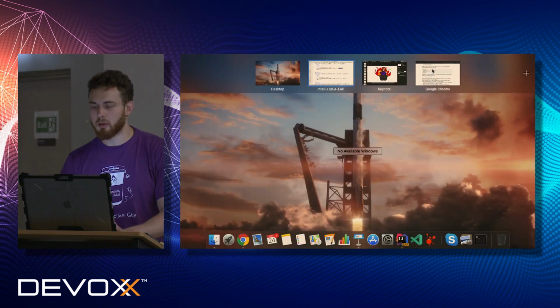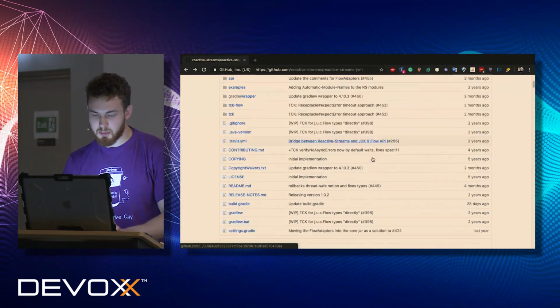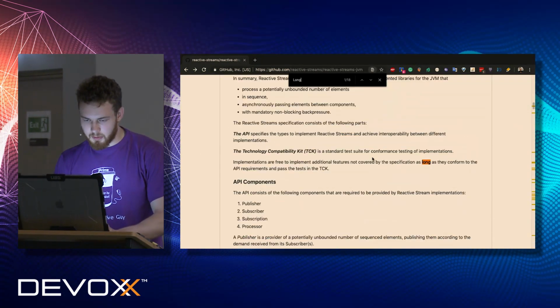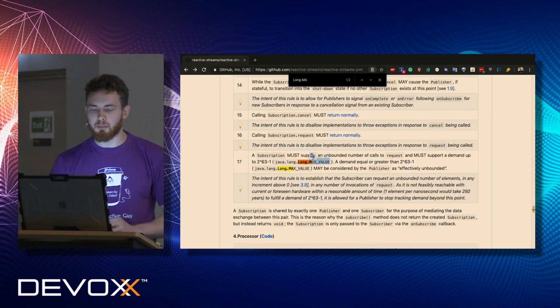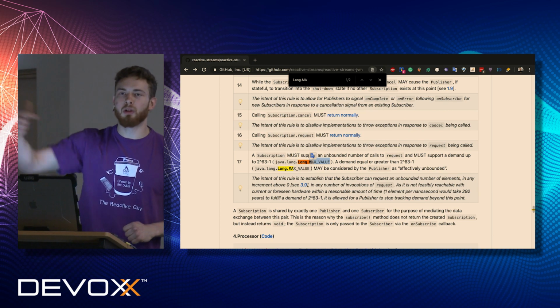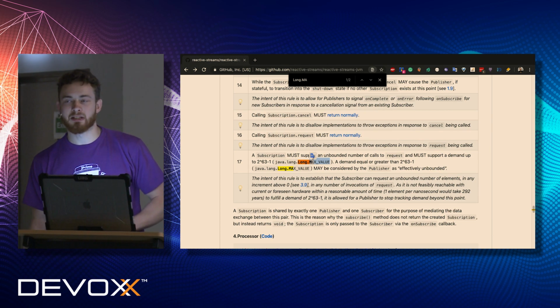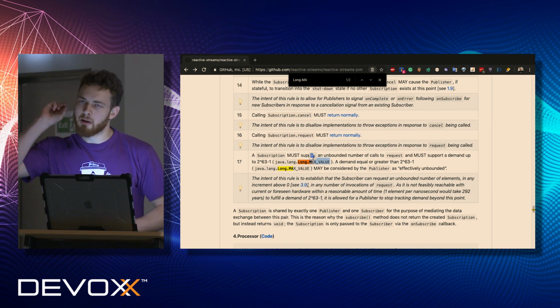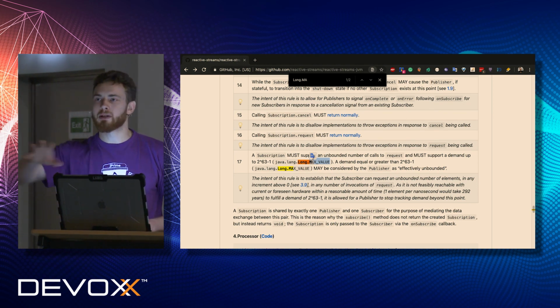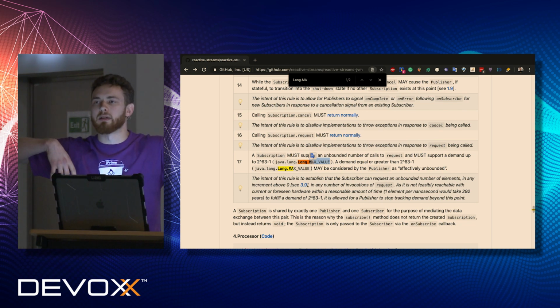The more important part is that the specification says that in case our publisher requested long max value or requested more than long max value, we have to consider our subscription or request as unbounded, which means that we are absolutely free to just push data without any verification to decrease the number of requested elements.